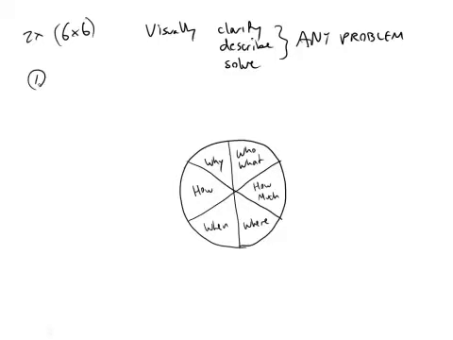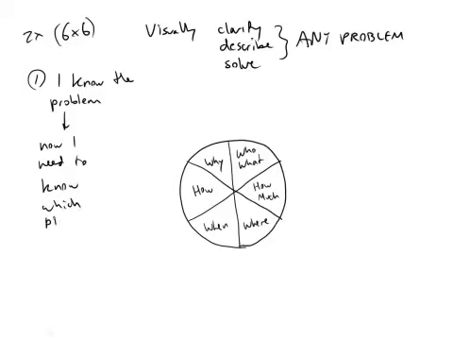The first way we're going to call the "I know the problem, now I need to know which picture to draw." The way this works is someone comes to us and says, I have a problem. I am not happy. I seem to be running out of money. Oh my gosh. What we do as the visual problem solver is we look at our 6 by 6 and